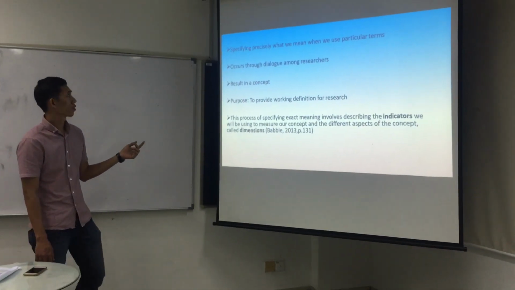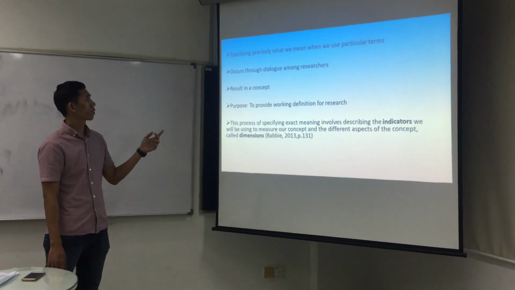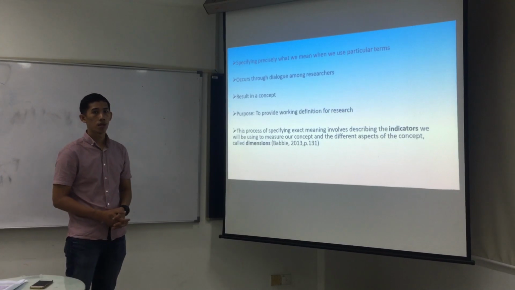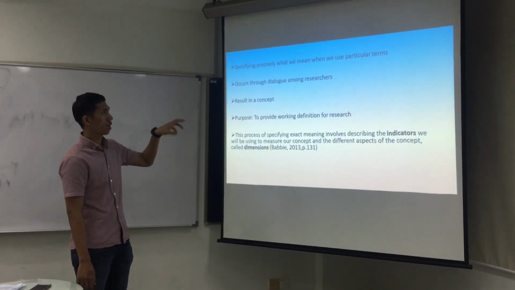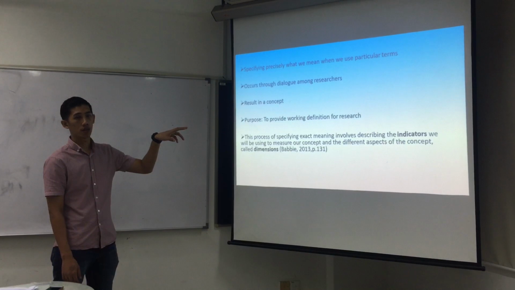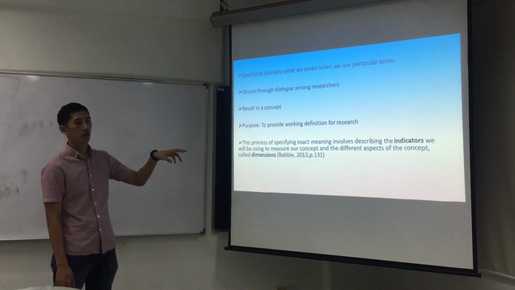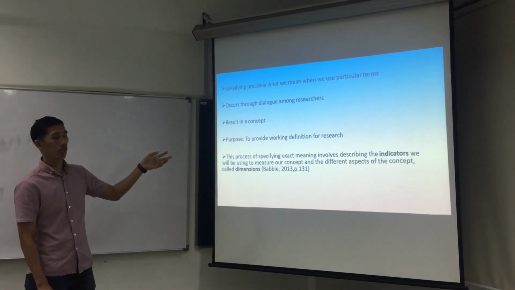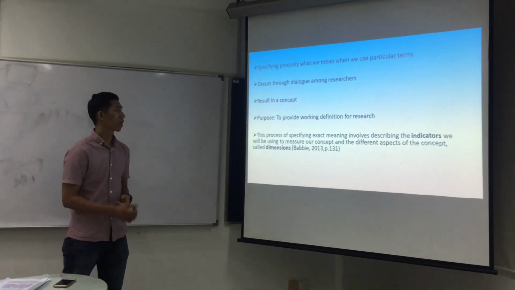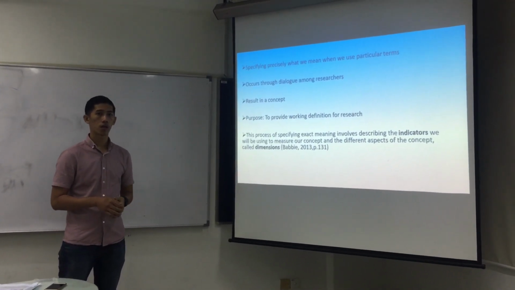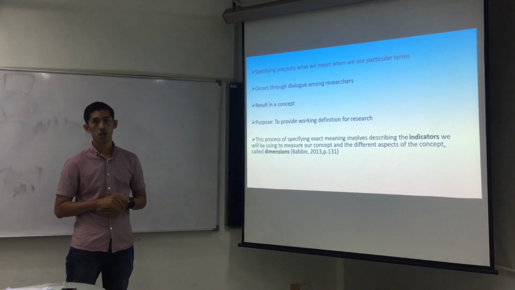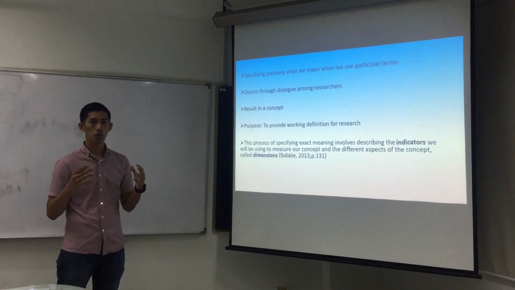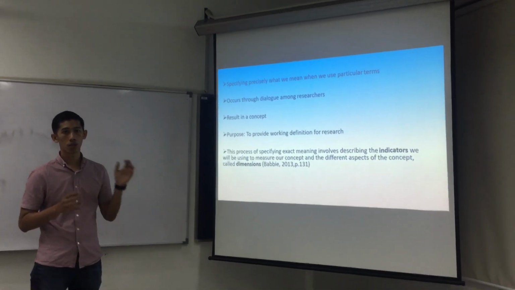Again, the conceptualization process is about specifying precisely what we mean when we use particular terms. So under dimensions and indicators, they are the aspects of the concept to specify what the concept of the study is. Second, it occurs through dialogue among researchers. As we know, the conceptualization process is the attempt of the researcher to arrive at a common agreement on the meaning of the concept,